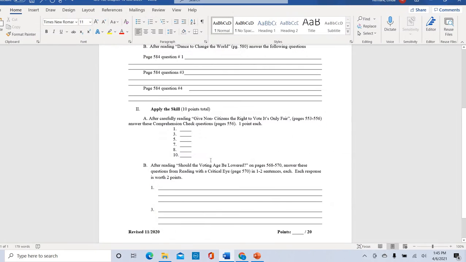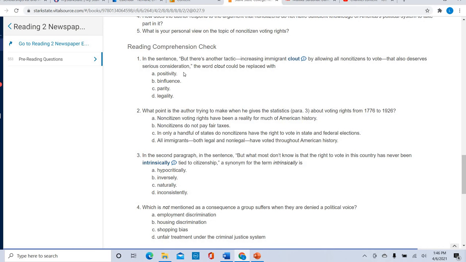You're going to be answering multiple choice questions, 1, 3, 5, 7, 8, 10. So I'll just do a couple with you real quickly. All right, so number 1, it says there's another tactic, increasing immigrant clout by allowing all non-citizens to vote. That also deserves serious consideration. So what does the word clout mean? If you look at the words here,